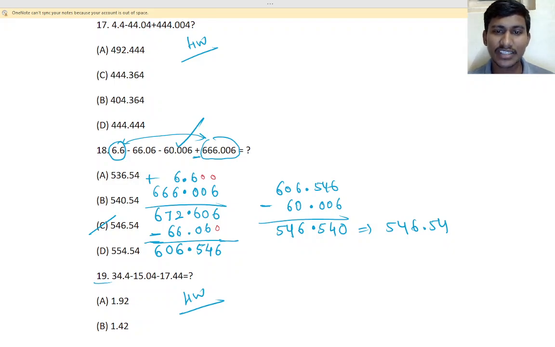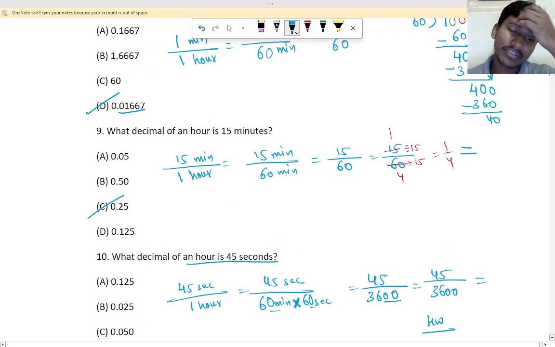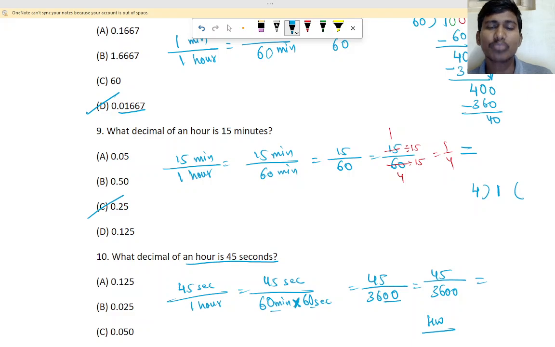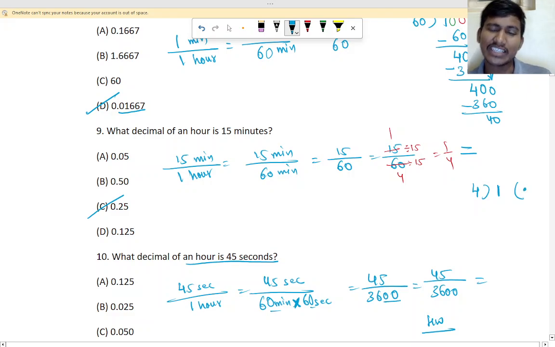Got it? Okay. So the 9th question. We told you yesterday, 1 divided by 4 we have to do. I taught you how to do the division. We have to divide by 4 here and 1 will be inside. So 1 is smaller. If it is smaller, what do we have to do? We have to give a point directly, in the starting only. So when you give the point, what can we take? We can take 10.